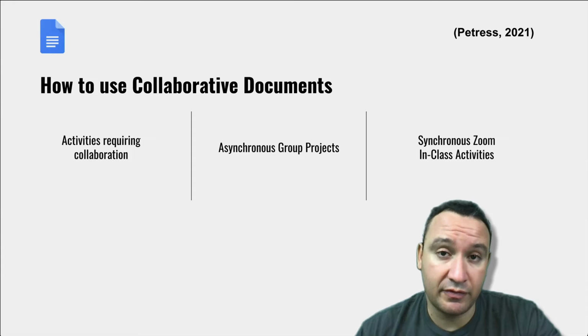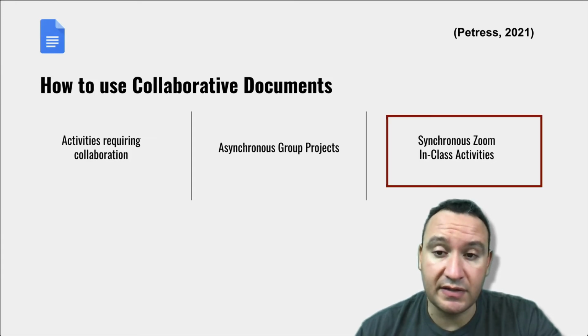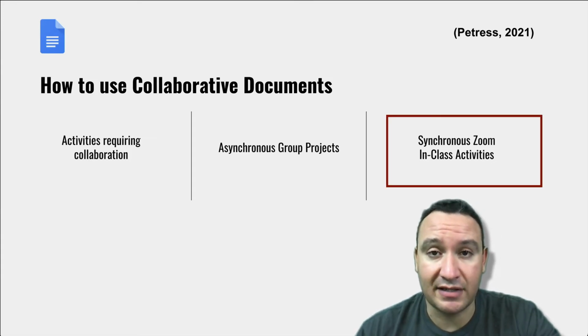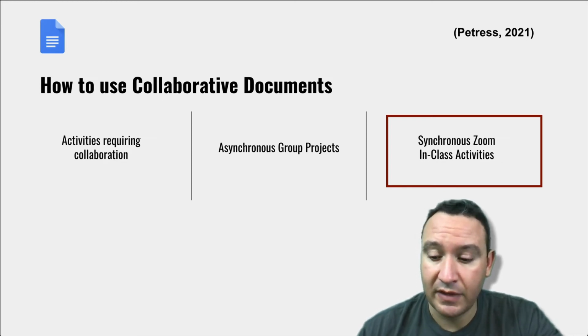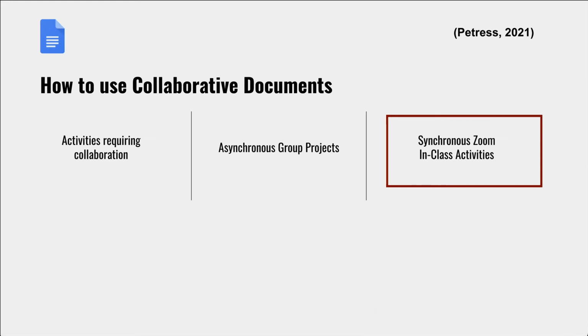And the way that I most frequently use them is I use them in synchronous Zoom as in-class activities. So how does that look if I use them as an in-class activity? Before I get into showing you the mechanics of setting up a collaborative document and using it, let me go ahead and